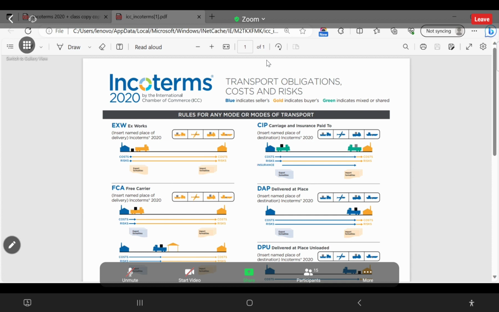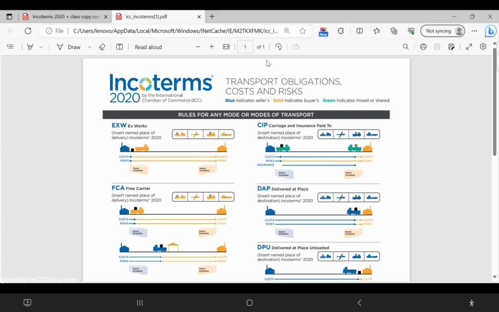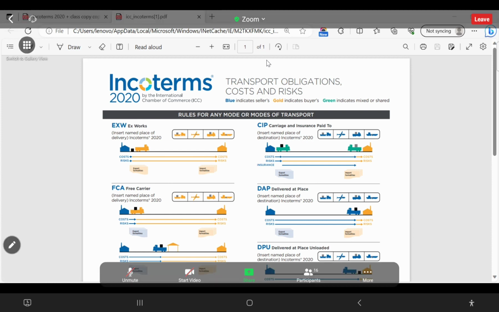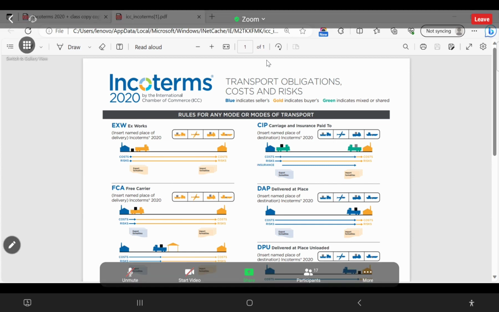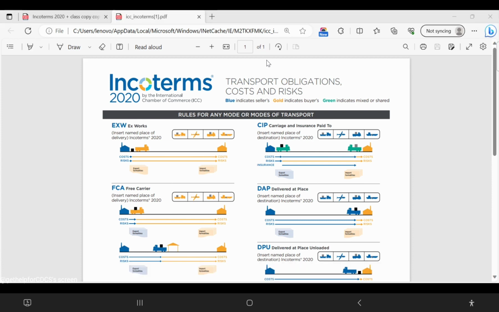If you ask me which is the most complex topic, it is Incoterms. The possibilities are unlimited in terms of Incoterms, and they're a very essential part of LC transactions. So first thing, as I said, follow only one set of materials. And since we have a material from the source itself, provided by the International Chamber of Commerce, ICC, right? ICC Incoterms. I advise you to follow this.